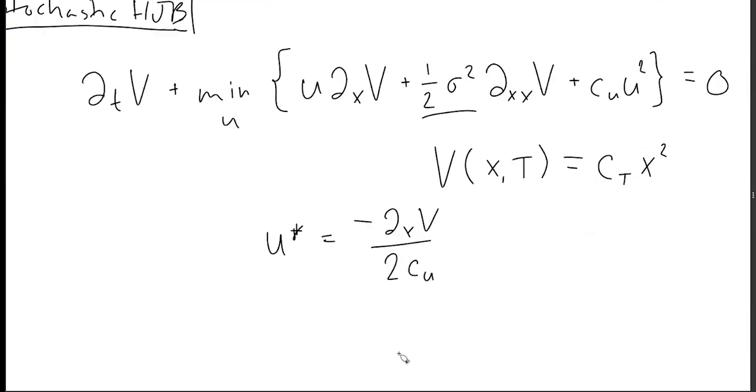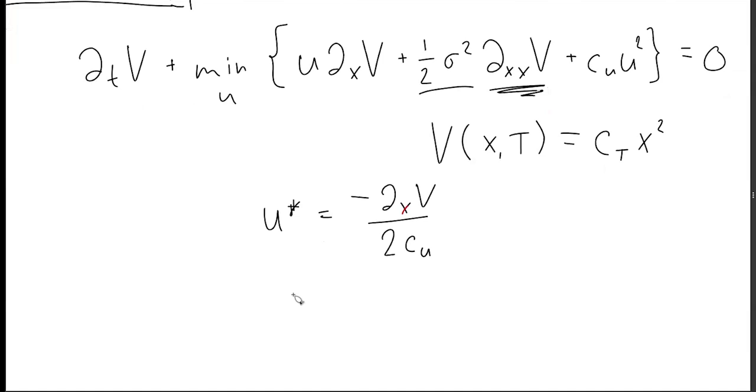And what I want to do is look, the only new term that we have here is this term right here. And what we might note is before we had that v was a quadratic in x. So when I take the second derivative of v, I'm going to be left with just a constant, which means